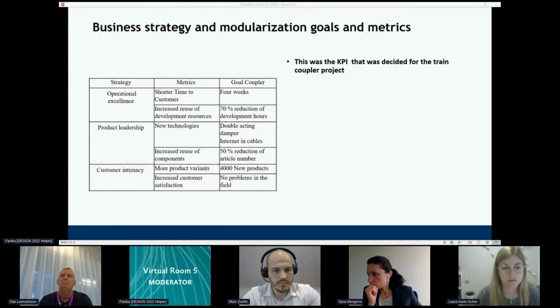Product leadership, increased reuse of components, 50% reduction of article numbers. Customer intimacy, more product variants, 4,000 new products. Customer intimacy, increased customer satisfaction, no problems in the field.